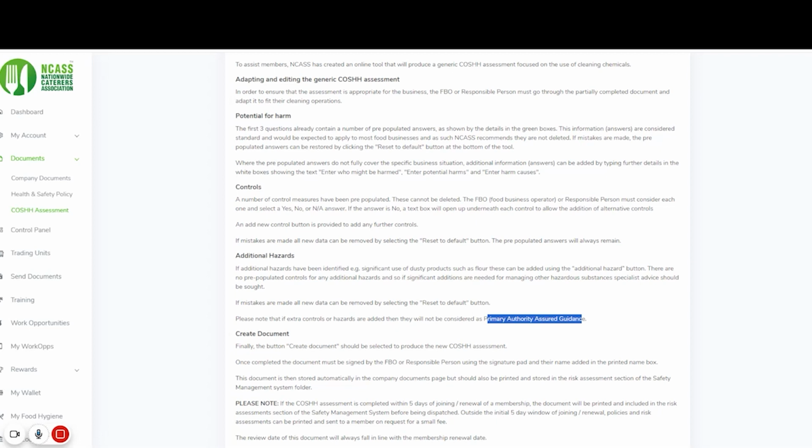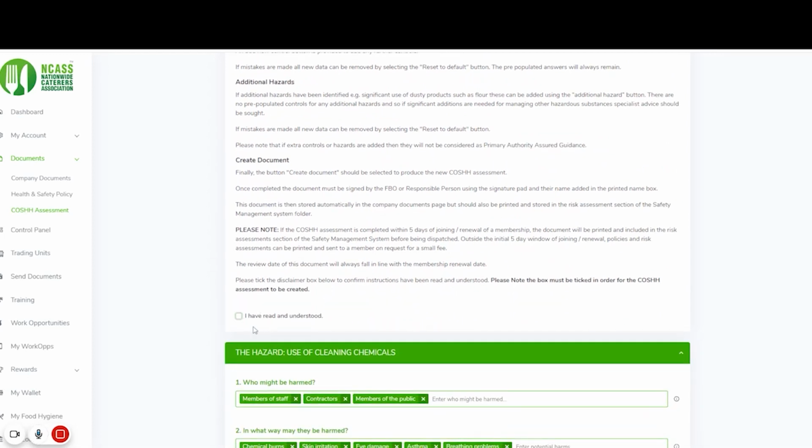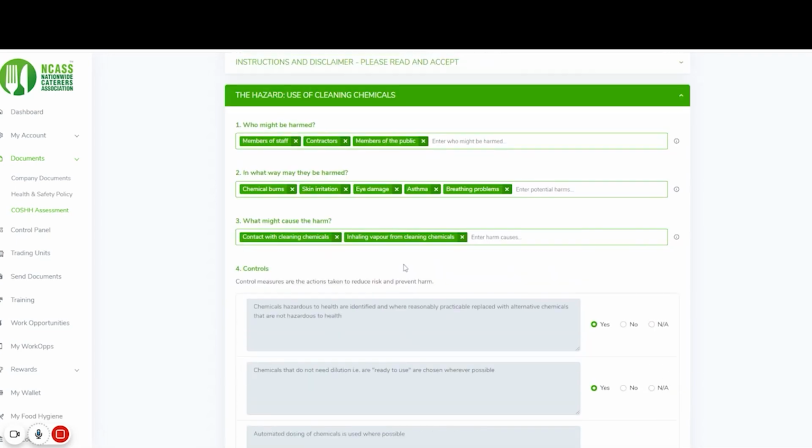Unfortunately, the primary authority schemes are not currently available in Scotland or Northern Ireland. However, the documentation that you produce and generate through the NCASS systems will still be absolutely accurate, relevant and accepted in both countries. For more information on the benefits of primary authority as a member of NCASS, please do visit the primary authority pages on the NCASS website, or by all means just consult your account manager here at NCASS. Once you've gone through and you're happy with these instructions, you're just going to want to tick this box down here to say that you've read and understood,